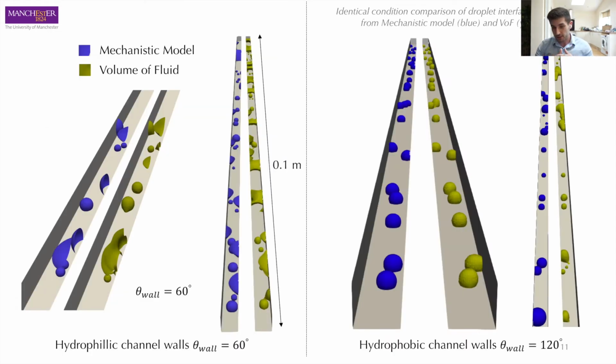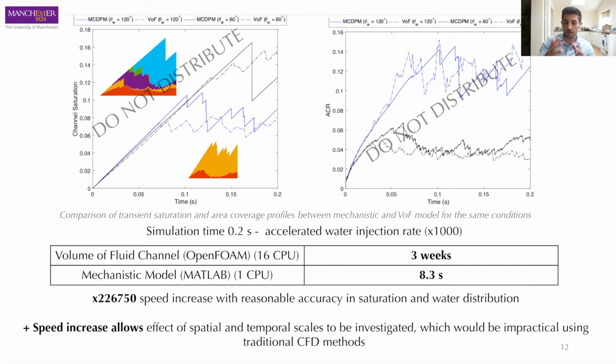To semi-validate this, I set up a volume of fluid simulation and the mechanistic model simulation with identical boundary conditions and initial conditions. This includes the topology of the actual spatial location of the injection locations into this channel, and as you can see by the representation of the interfaces, there is quite a good agreement between the results for hydrophilic channel walls and hydrophobic channel walls. And now this is just an initial qualitative comparison, but if we look at the quantitative results, we can